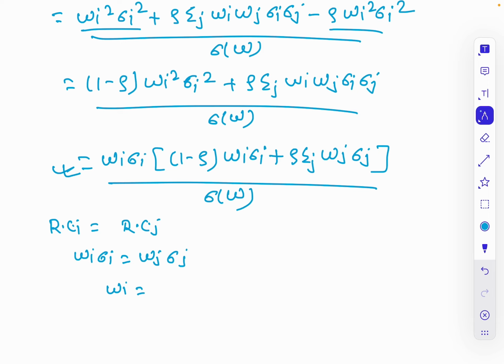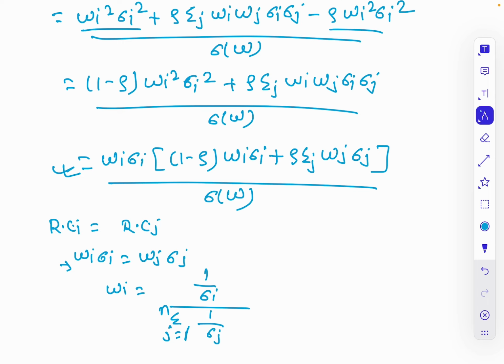Okay, and try to equate both the terms. When you equate, you will get this term. So from here you can find Wi, and it would be nothing but 1 by sigma i into the summation for all j from 1 to n of 1 by sigma j. Okay, so this is the weight of asset i. That is how you can write the weight of asset 1, 2, 3, 4 up to the weight of asset n. So this is the weight of a risk parity portfolio in the case where all the assets have the same correlation.